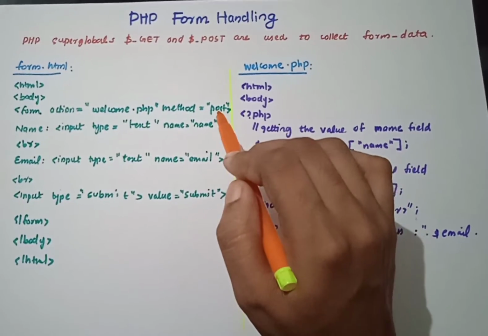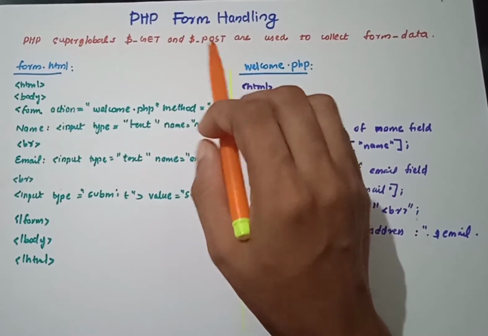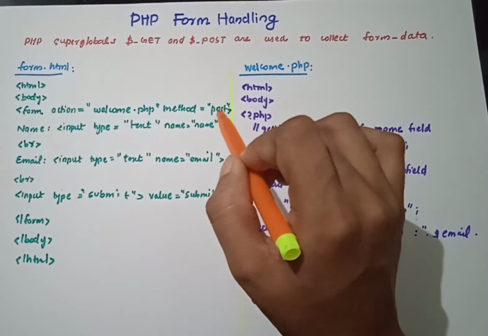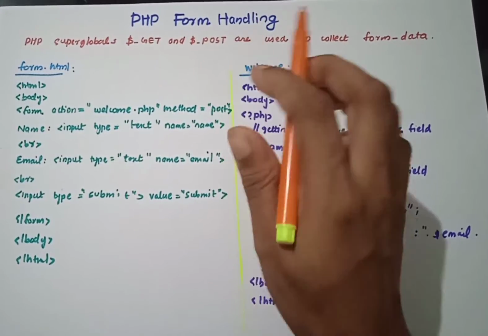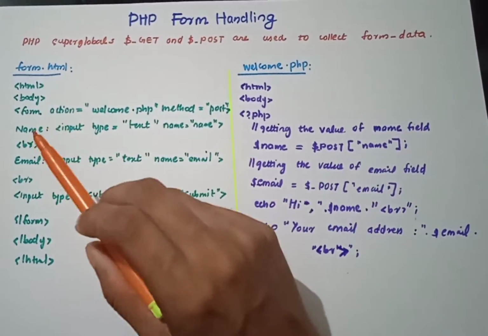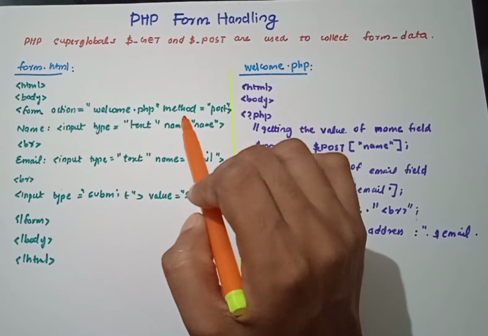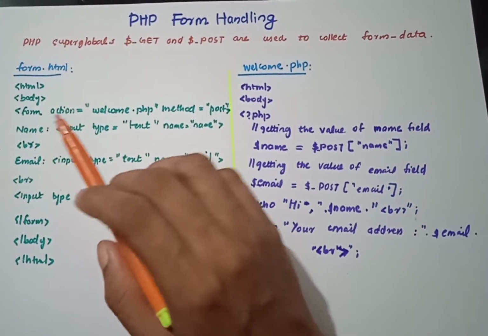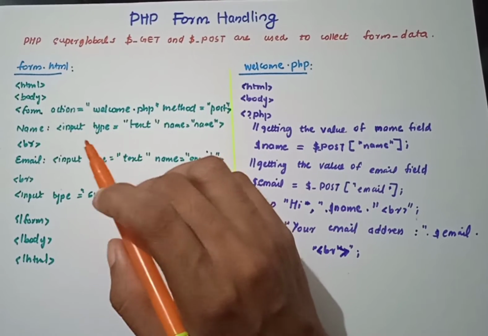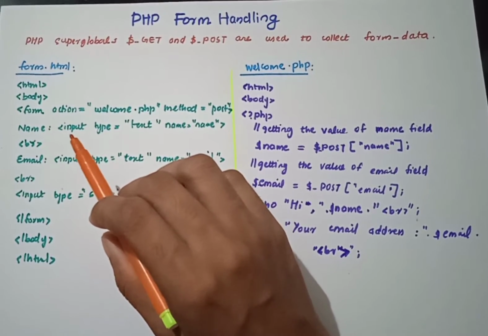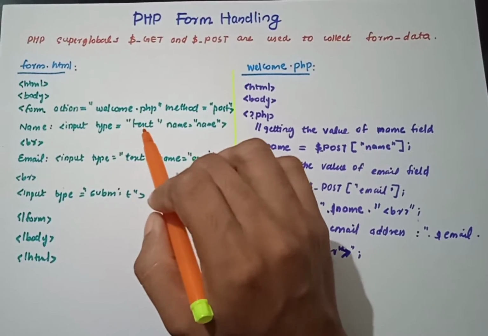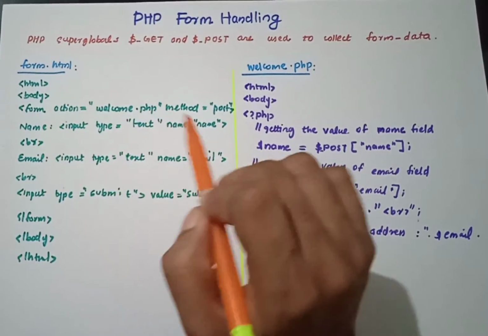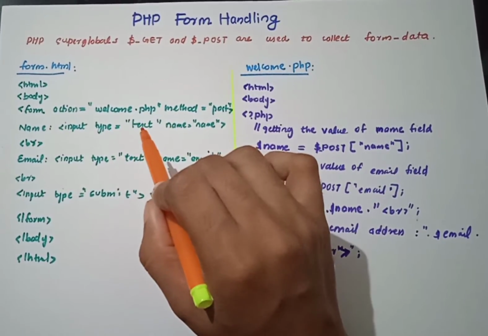You can use GET here also, because these two are the super globals that are used to collect the form data. So you can use either accordingly, and you just need to alter this and find the variations. Now we declared our form, and inside it our first field is the input name. For filling in the name, you need a text box. So for that we defined input type as text. So you'll get a text field, with the name as name itself. That means whenever you need to add the name, you will add it in this input field.